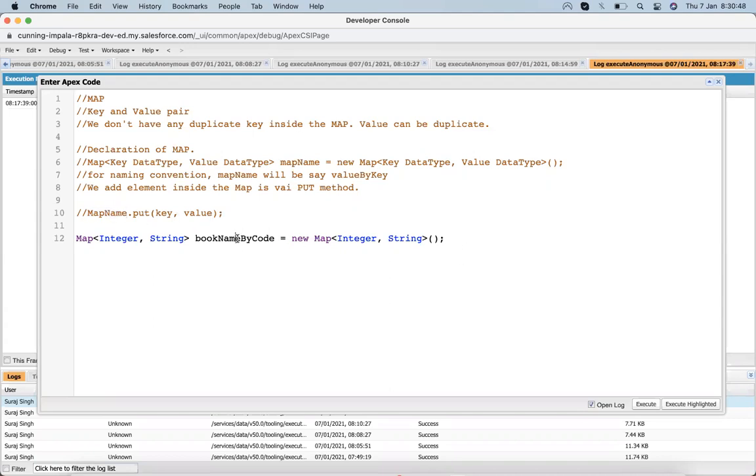So the same thing I'm going to do: I will write book name by code dot put. Since our first key data type is integer, I am writing 1, and the book name is a string. Let me add one more element, 2.